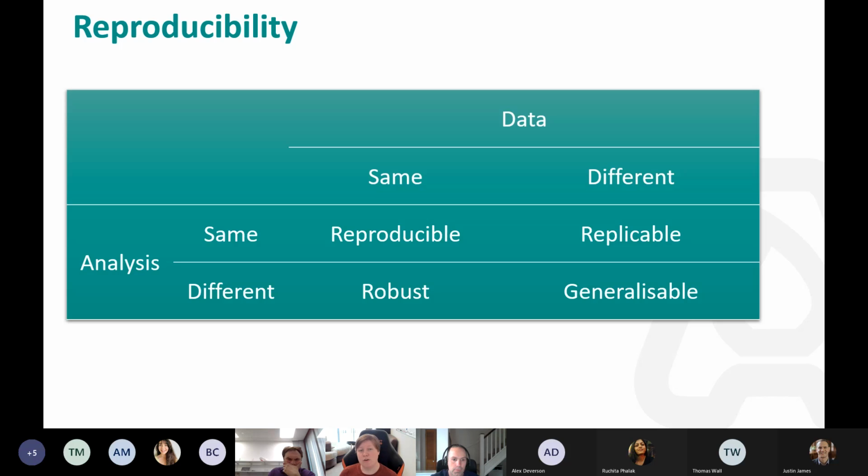It's not a deterministic process inherently because of that data. So the goal, we have levels of ability to be able to get the same outcome or similar outcomes based on whether your data and your code stays the same.